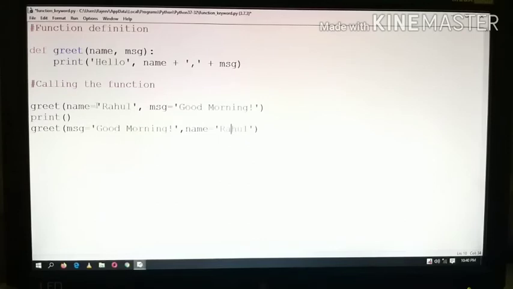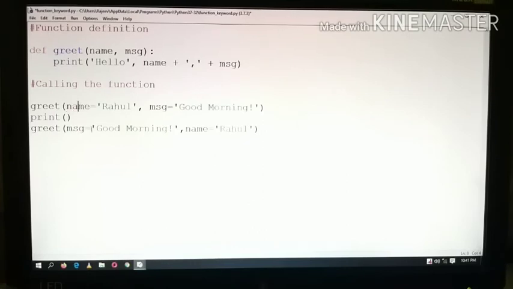We call the function in this way. Means we can reorder the position of the arguments. Both of the function calls are valid here because you are using the keyword arguments.